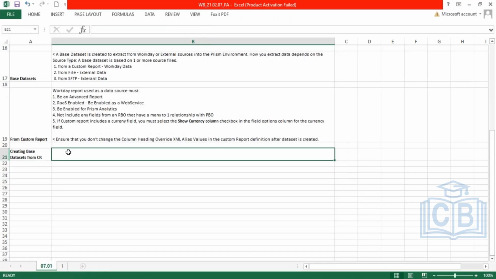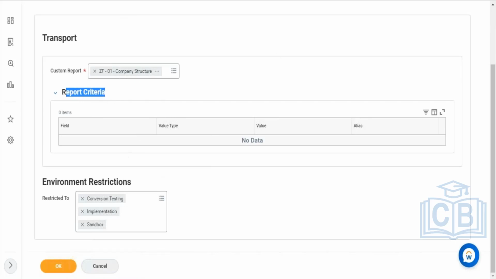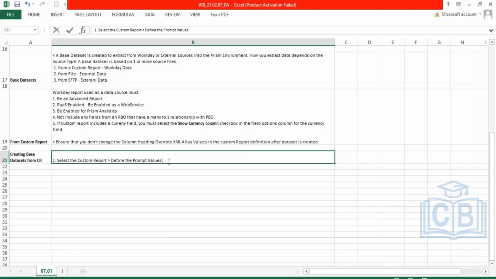So the first thing that you create, so for creating a data set, you select the custom report and define the prompt values. Now for this report, there are no prompt values. That's why you didn't have to define them. The second thing, now this is important, in the environment restrictions section,